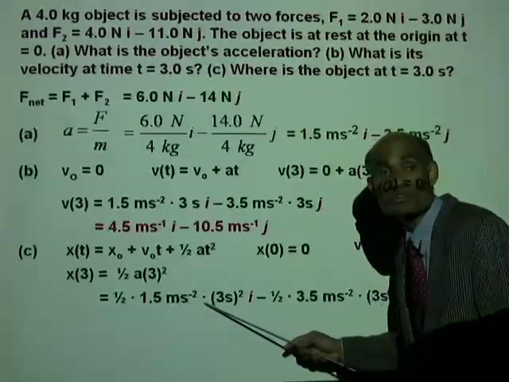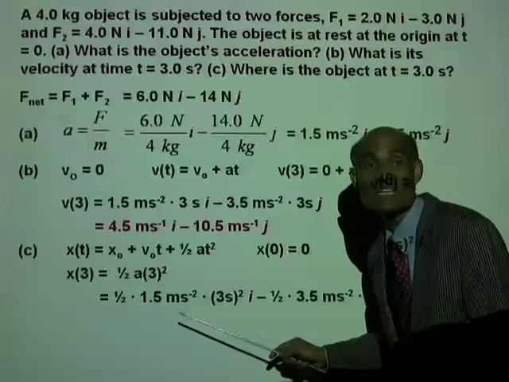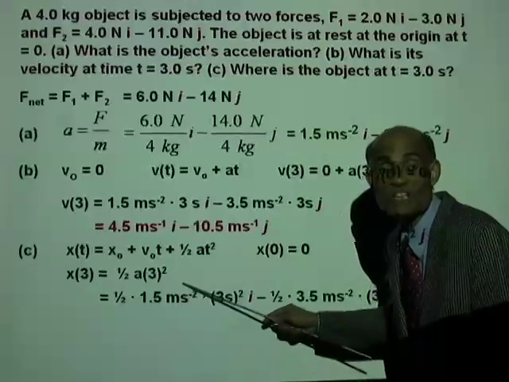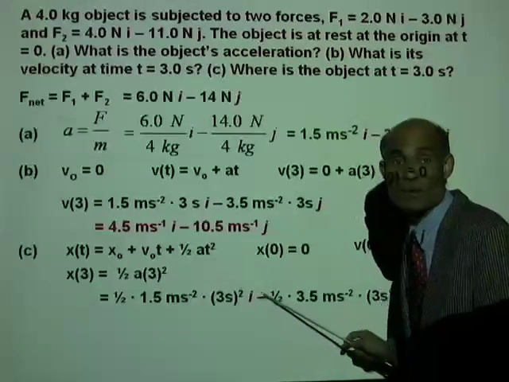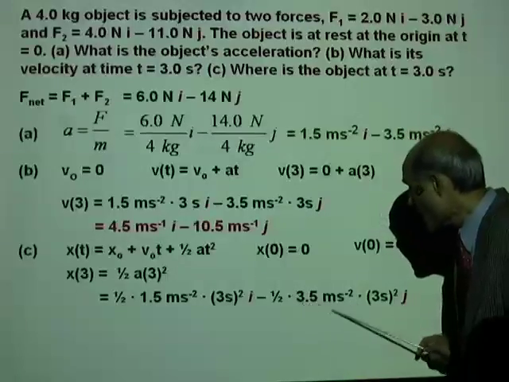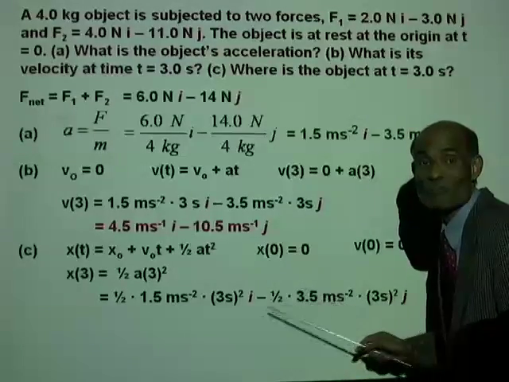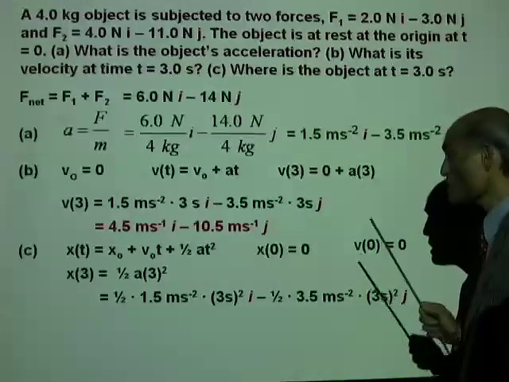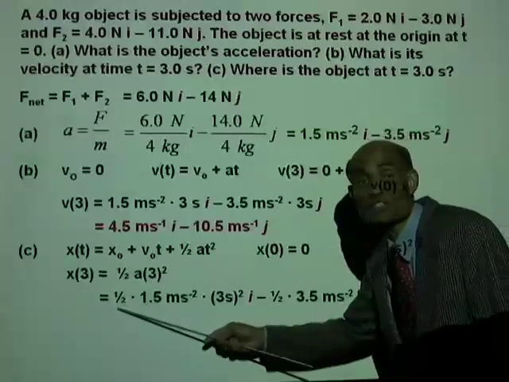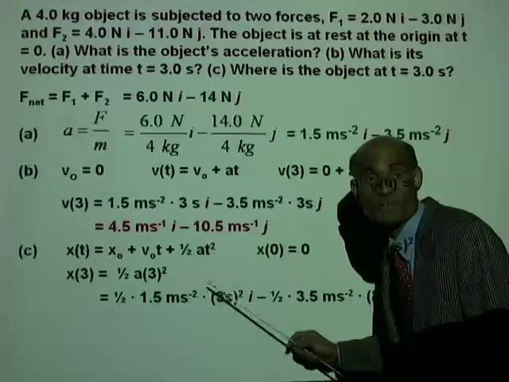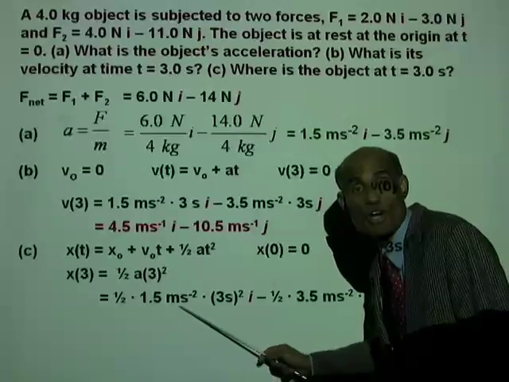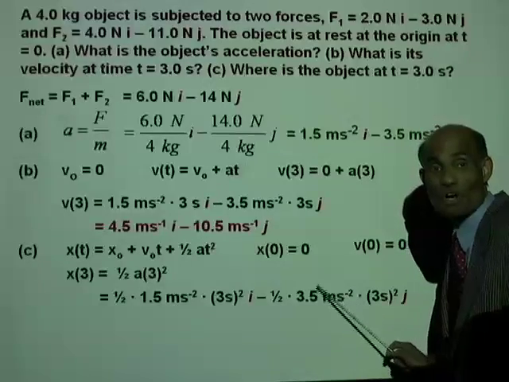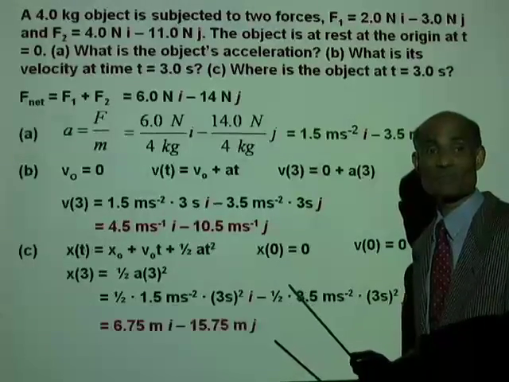This is the x position of the object at t equal to 3. 1/2 a t squared, where this a is the x component of the acceleration, minus 1/2 a t squared, that is the y component. So this is the x component of the position, because this is the x component of the acceleration. This is the y component of the position, because this is the y acceleration. That will be